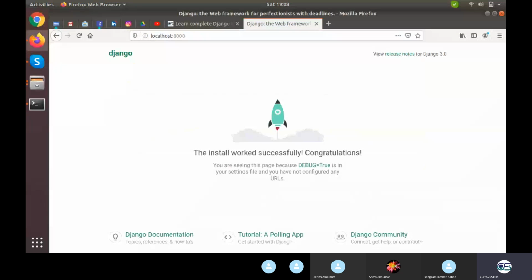So this is my first basic Django page. Now, instead of this entire green Django page, what I want is that a hello world string should be written right here. And for that, firstly, just see which particular file I am calling.